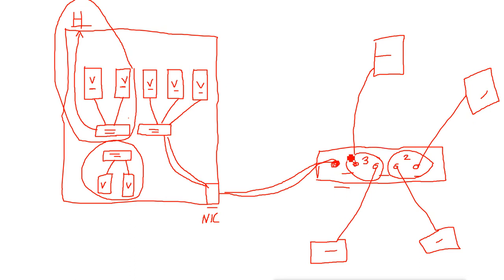Now for doing this, what does the physical switch do? It tags all the data with the VLAN ID. Remember, it will tag the data with the VLAN ID. So when this machine sends any data through this port, the data will be tagged as VLAN ID 2. So it will not go to this other VLAN. It will only remain in the same VLAN because it is tagged with this VLAN ID.